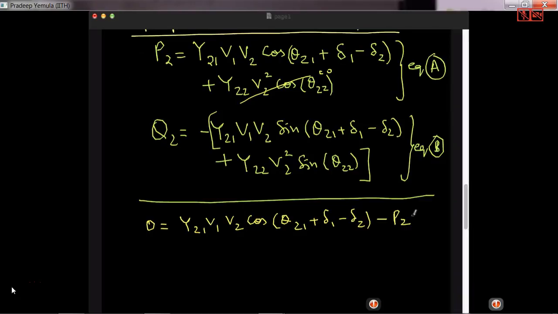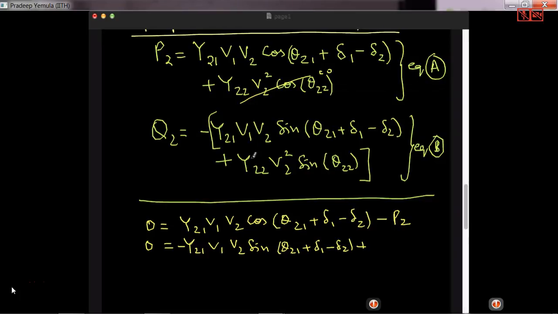Just I bring the p2 to the other side. Similarly here 0 equal to y21 v1. Of course, I'll have a minus sign. We should not forget the minus sign. Then v2, sine of theta 21 plus delta 1 minus delta 2